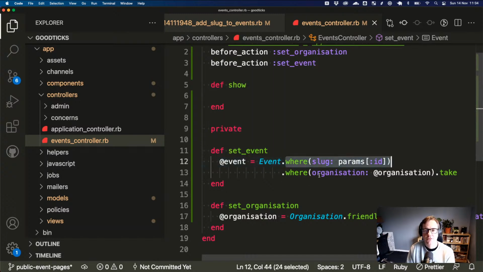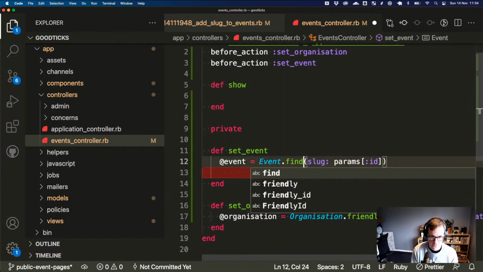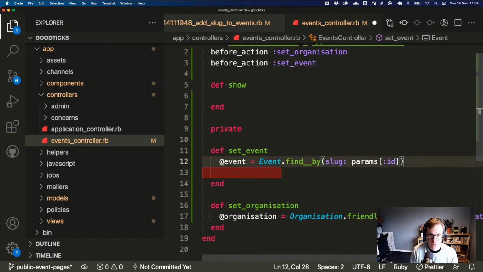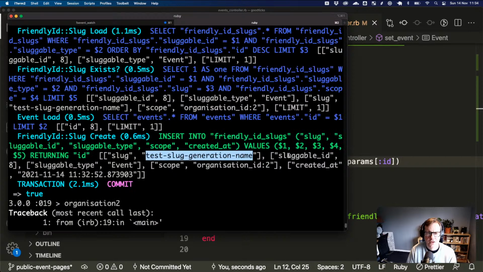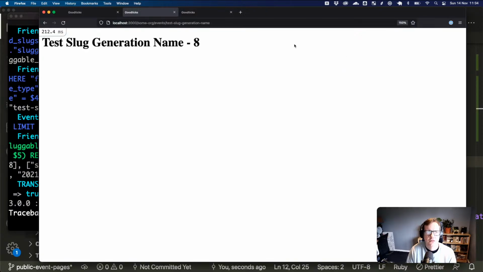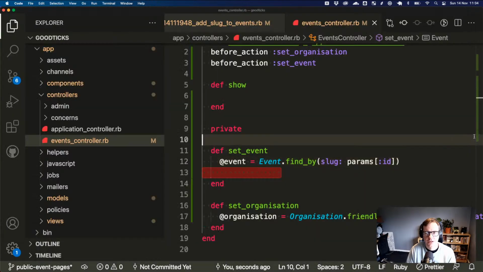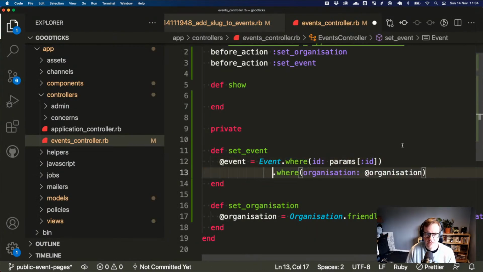So if we just did this, and this was find by, you would have multiple. And I think you would get back the first one. Yep, so you get back 7 on both, which is definitely not what you want. So we need this back in.